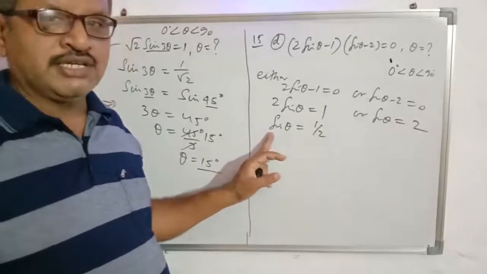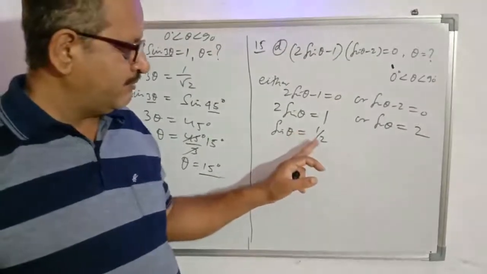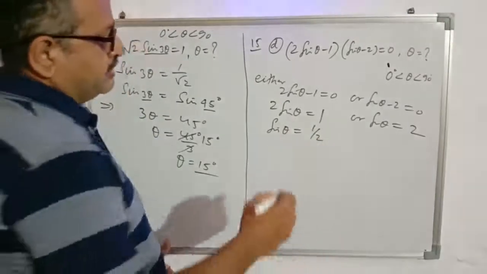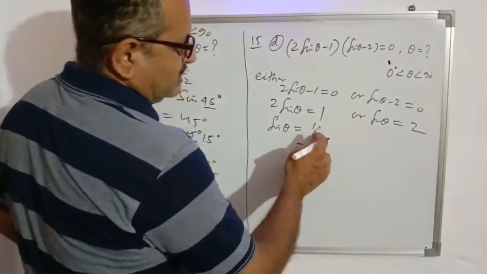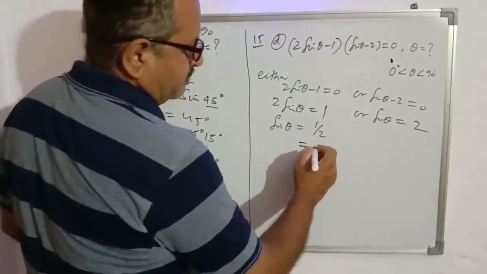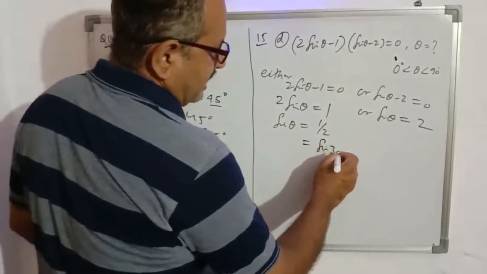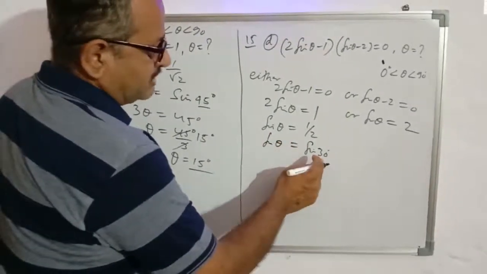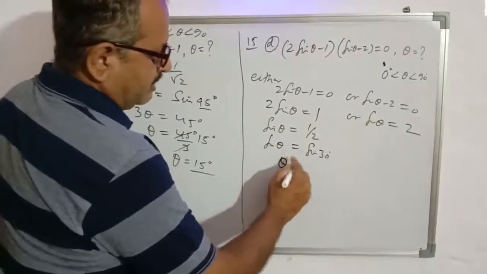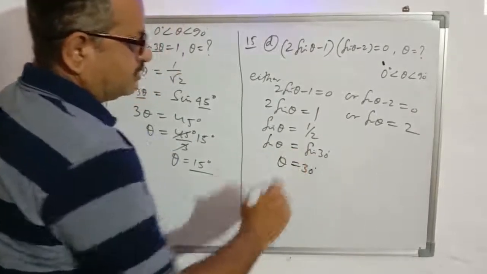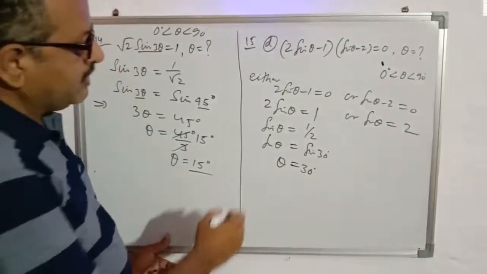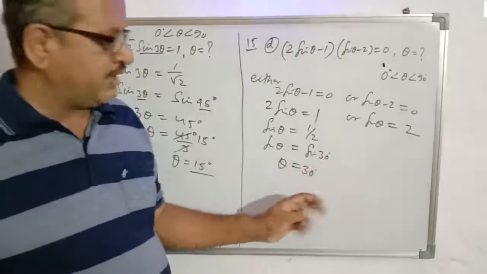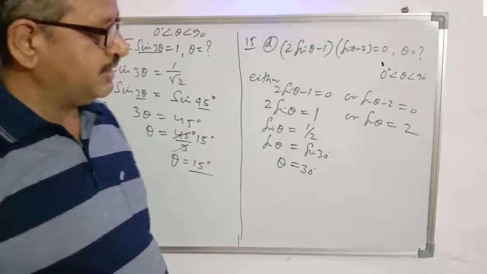So here sine theta is 1 by 2. Left side trigonometrical ratio is sine. We will write right side also in terms of sine. So see, for what angle in sine value is 1 by 2. So we find that sine 30 degree value is 1 by 2. So sine theta is equal to sine 30. On comparing, we will write theta is equal to 30 degree. We will not cancel sine from both the sides. Only we have to compare. On comparing, we can write theta is 30 degree.